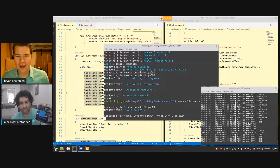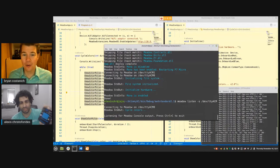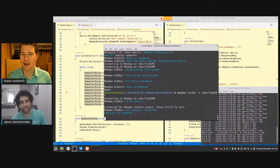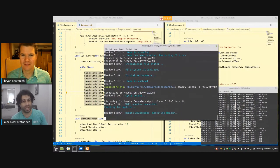And while we're doing that, one thing you folks might notice, Alexi's working and deploying on Linux. So full Linux support for Meadow development, which is pretty fun. Yeah, I would like to mention that anyone who is comfortable working in Linux or working on CLI, you do not have to use extensions. If you want to just use VI, you want to use your own editor, Meadow has very good